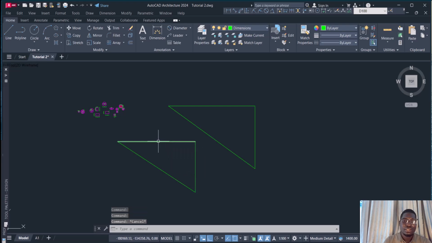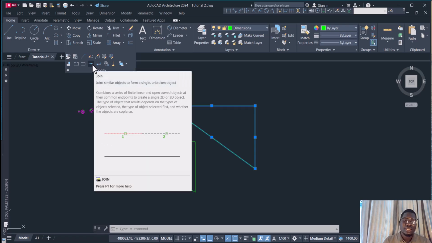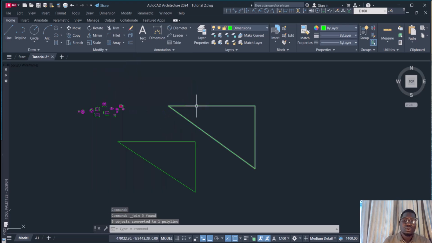I can just delete this one separately from this. Now let's see how to convert this particular triangle that I used lines to draw into a polyline. I will go to the arrow down here, and then click on Join. The shortcut key is J space or J enter. When I click on it, this whole triangle that had separate lines has been joined